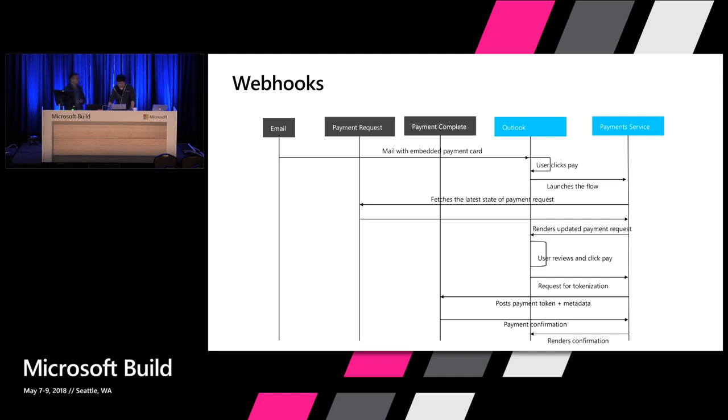Yeah, so as a summary, to build this experience, you really need three components. The first component is the email. You need to provide structured data in your normal SMTP sending service to be able to tell us what your merchant ID is and what you're trying to sell or buy or collect payment on. The second part of that is the payment request. Because emails can be stale for many days or many weeks sitting in your inbox, we need the most updated state for this invoice or bill. So we call this endpoint, and we're able to retrieve that most updated state.